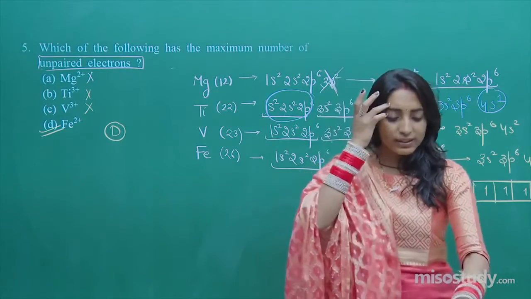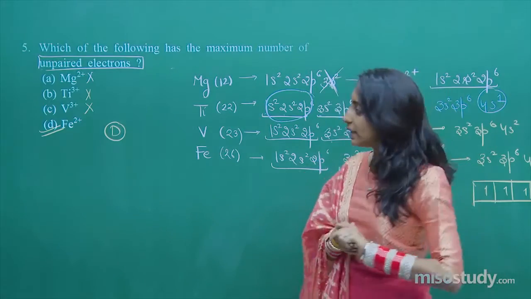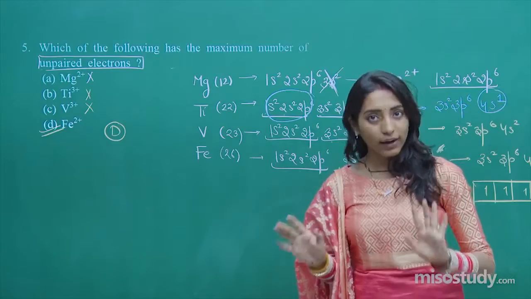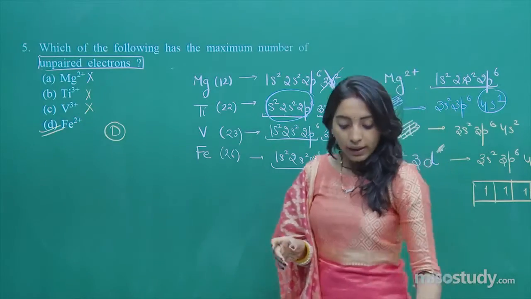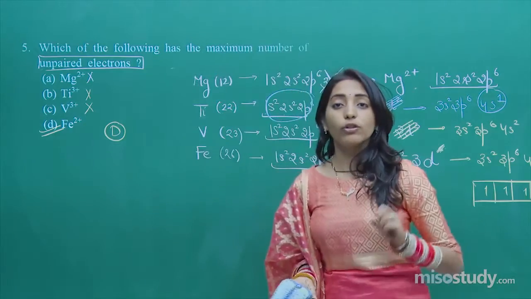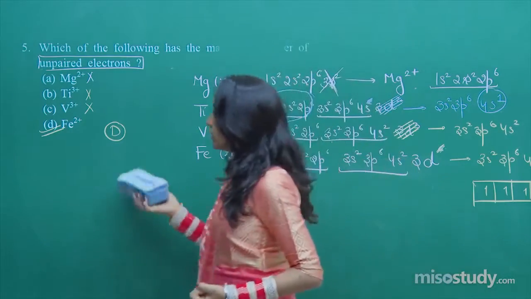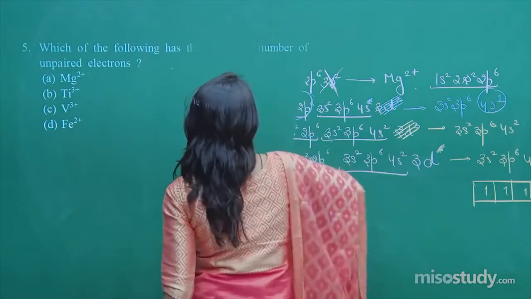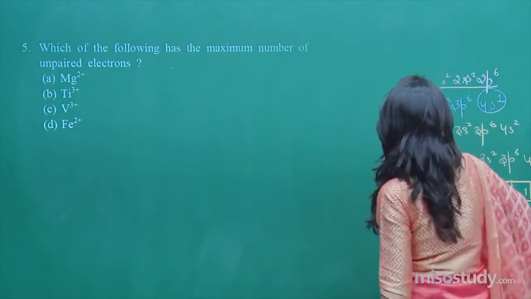I don't think it was that difficult a question. I mean, it was easy, provided that you should not be making any kiddish or stupid mistake, right? So let's do one thing. First of all, I want you to note down this, and then we will be moving on to the 6th question. Fine? So I think if I rub here this side, you would have written that side of the board.